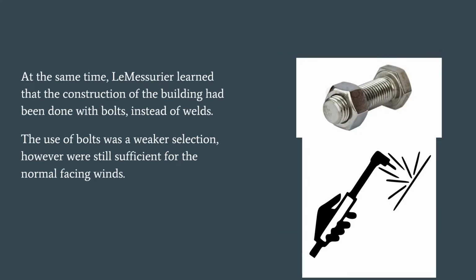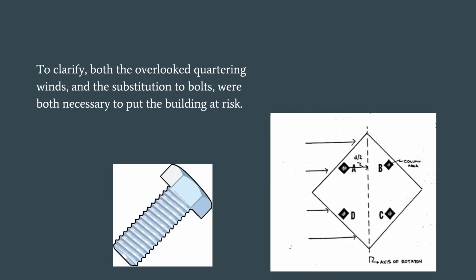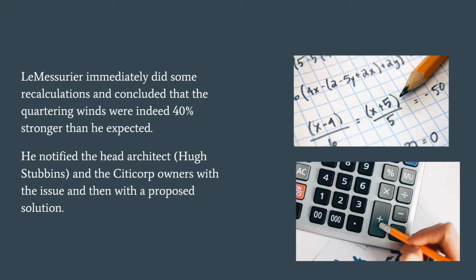At the same time, LeMessurier learned that his construction of the building had been done with bolts instead of welds. The use of bolts was a weaker selection, however, they still sufficed for the normal facing winds. Just to clarify, both the overlooked quartering winds and the substitution to bolts were necessary to put the building at risk. So at this time, LeMessurier immediately did some recalculations and concluded that the quartering winds were indeed 40%